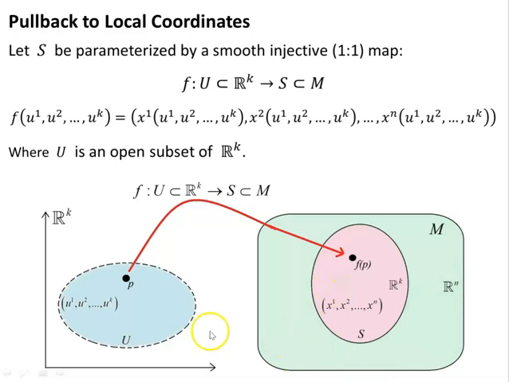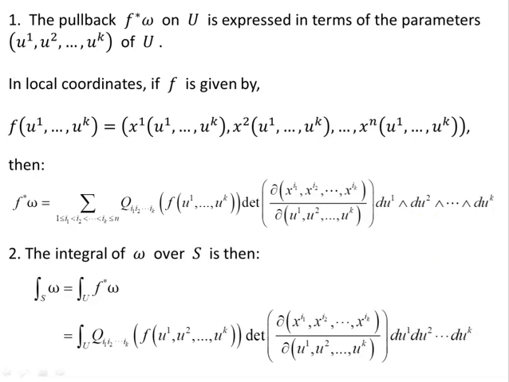All right, where U is an open subset of R^k. All right, now the pullback. So the pullback, F upper asterisk of omega on U, is expressed in terms of the parameters u1, u2, up to uk of U. In local coordinates, if F is given by this, and then this gives you the coordinates of your surface over here on M, all right, then the pullback, using the formula earlier, was,